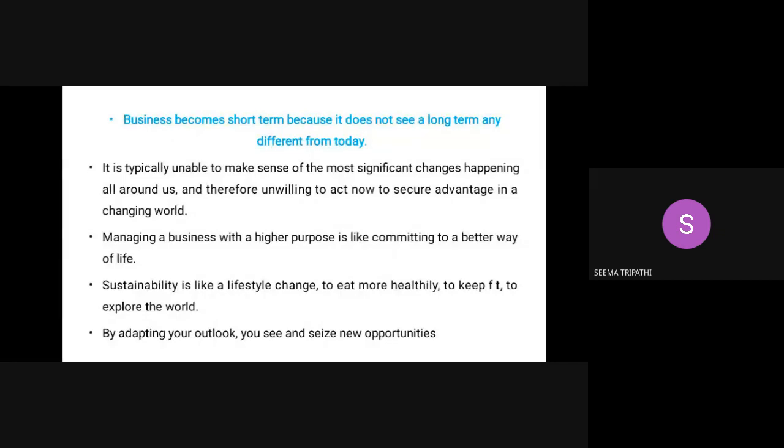Now when we talk about business, my dear, you might have seen two types of businessmen. One is short-minded, or what we call in economics the short run, or the long run. We have two types: one is a short run, one is a long run. So what is our motto? What is our goal, clear? Are we considering a short run, or are we concerned about a long run, my dear?